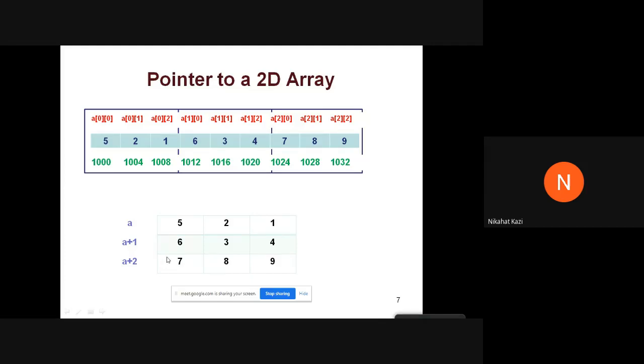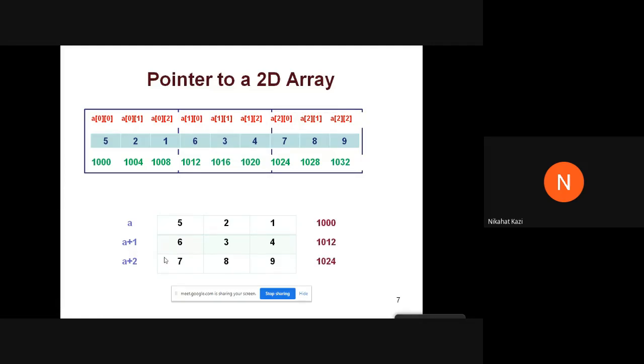Now, each of these elements is an array, so A will mean the base address of the first array, the 0th array. A plus 1 will be the base address of the second array, and A plus 2 will be the base address of the third array.